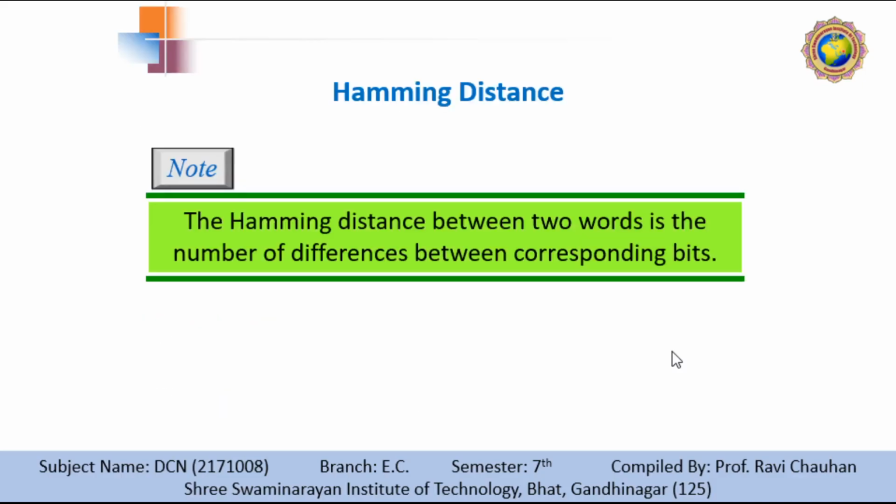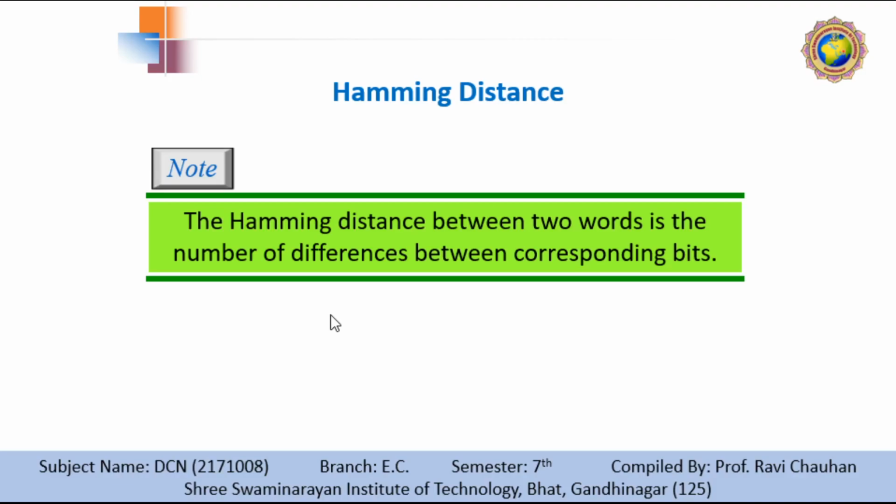So, Hamming distance. One of the central concepts in encoding for error control is the idea of Hamming distance. The Hamming distance between two words of the same size is the number of differences between the corresponding bits. We show the Hamming distance between two words x and y as d(x, y).